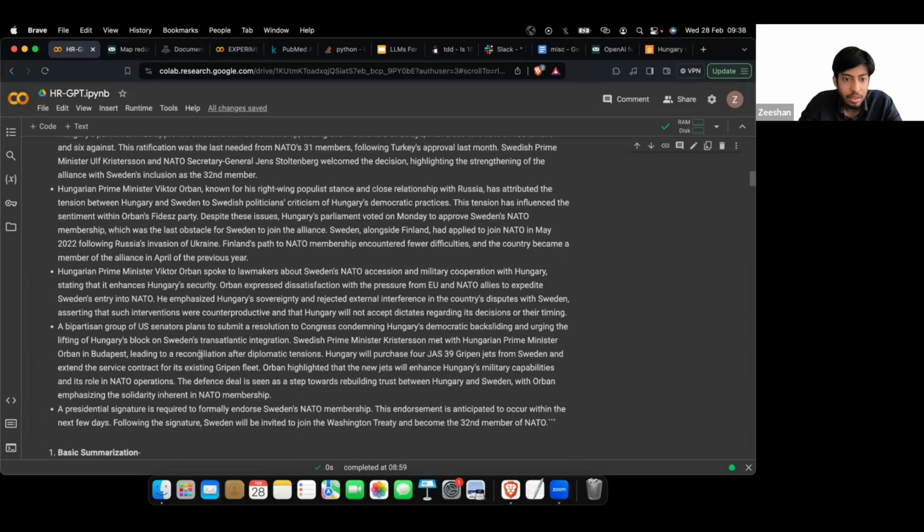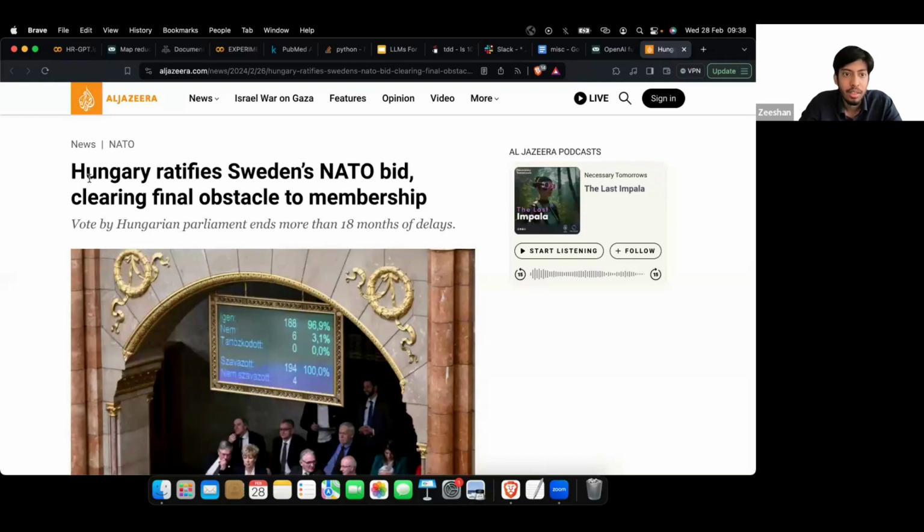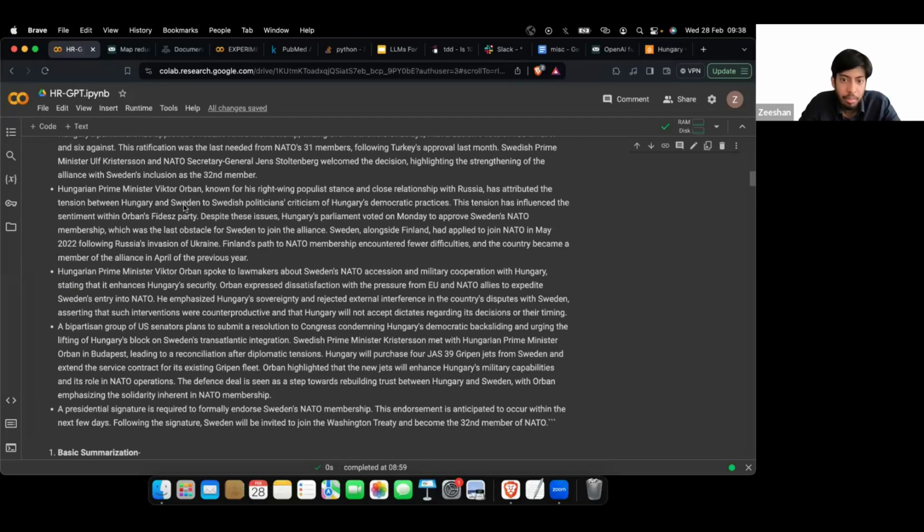So, this article is essentially talking about the relation between Hungary and Sweden. Hungary has essentially allowed Sweden to join NATO. One of the facts is that now that Hungary has shaken hands with Sweden, it is going to buy some Jas Gripen fighter planes from it.